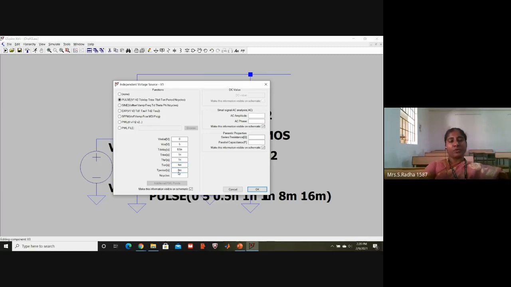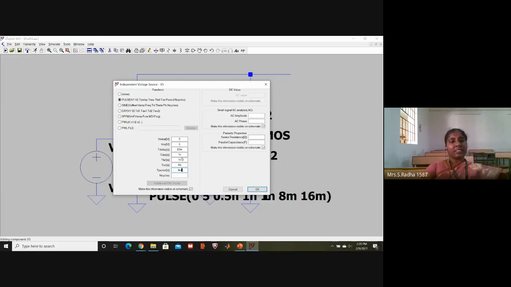B and B bar I have to maintain 4 milli, 8 milli, so that 0, 0, 0, 1, 1, 0, 1, 1 will come properly. And you see here B is 0 followed by 5 volts. Initially it is 0 volts, then 5 volts. For B bar I have to give 5 followed by 0.